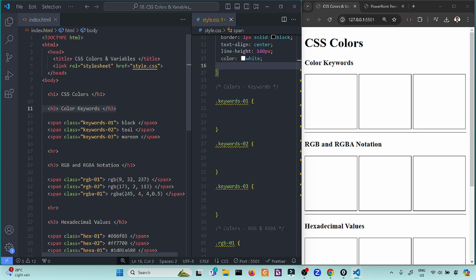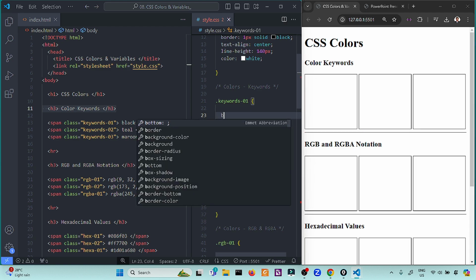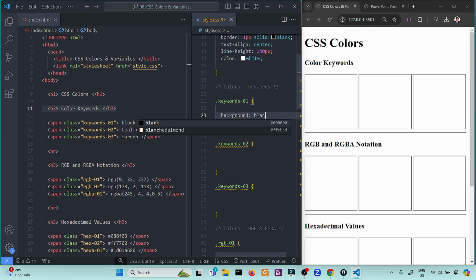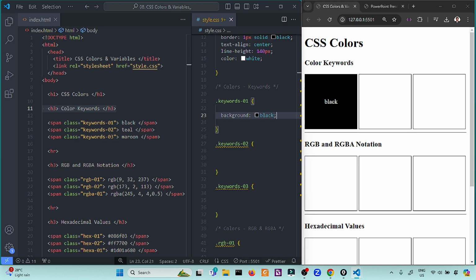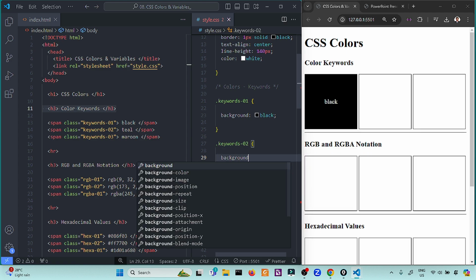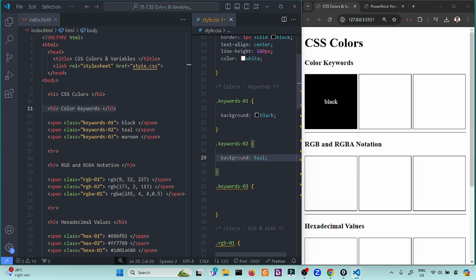So, span class keyword 01. The first method is to give it a color with specific keywords. For example, black. This one is a keyword example of colors. But again, keyword colors are very limited. This is just for quick prototyping, in my experience.